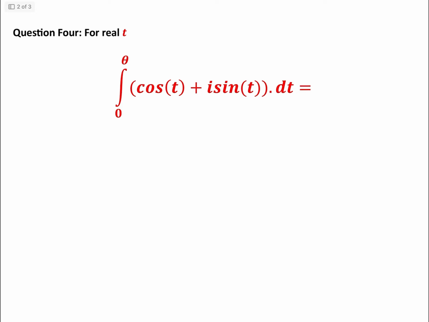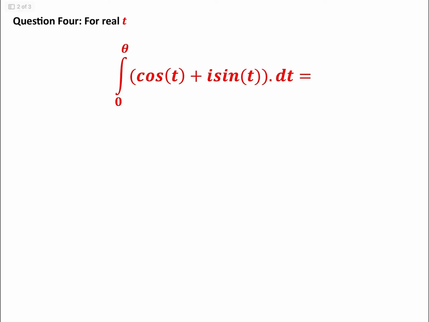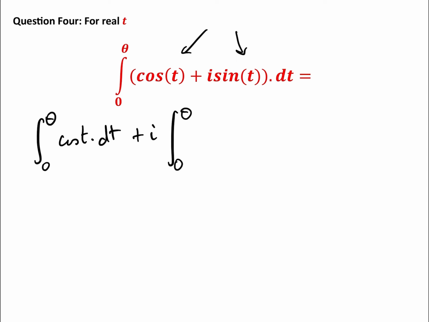Okay, now question 4, getting a tiny bit harder now. We're going to do 2 methods for this one, so again I'll pause it if anybody wants to do it. Okay, good. So basically, this is method A that I'm going to do. We separate the real and the imaginary. So the real is the integral of cos t dt add i times the integral between 0 and theta of sine t dt. So far so easy, and that equals